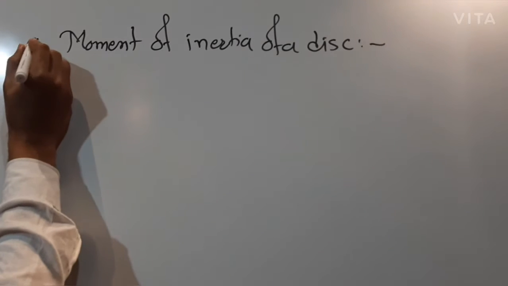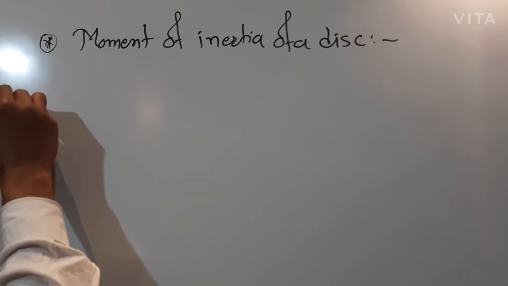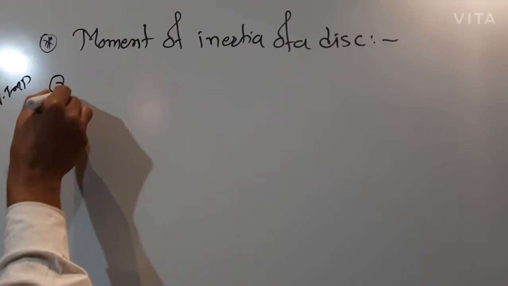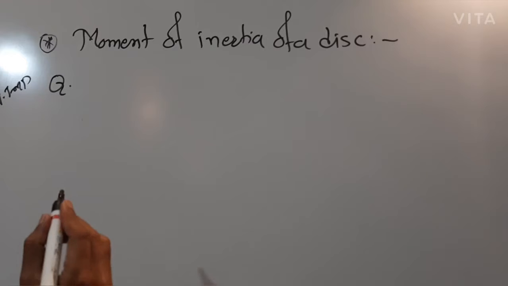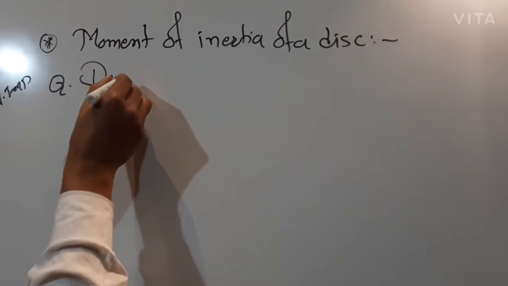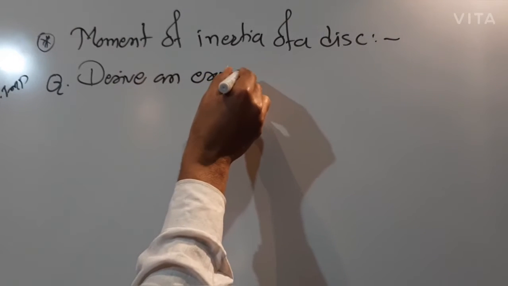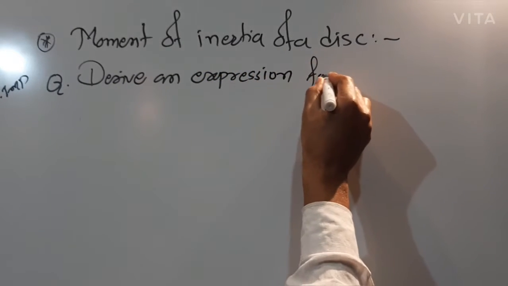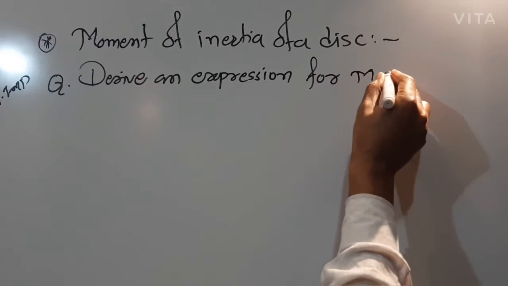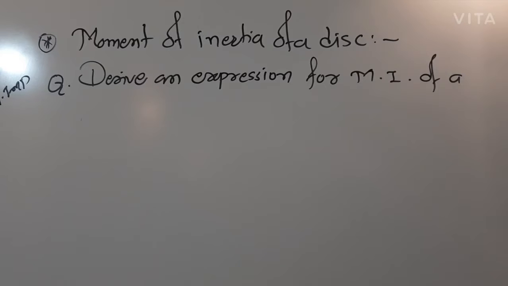The question asked on this point is also an important question. Denote it as IMP, and write down this question: Derive an expression for M.I. of a disk